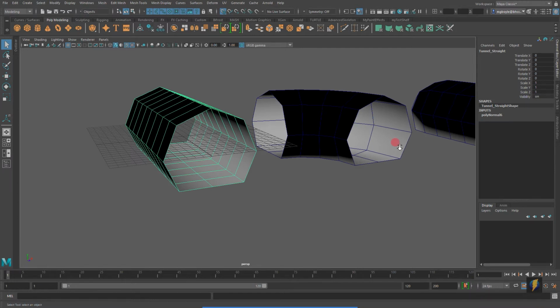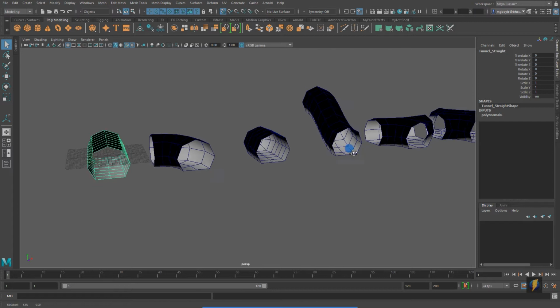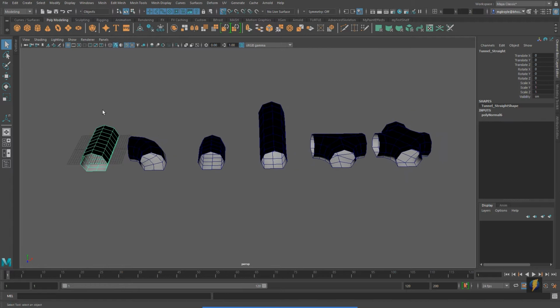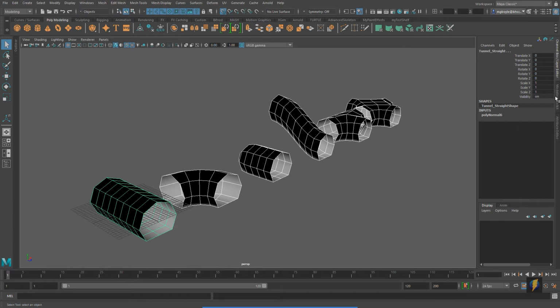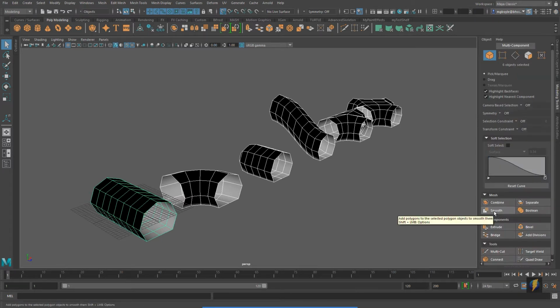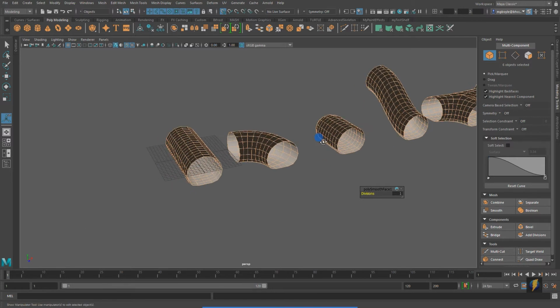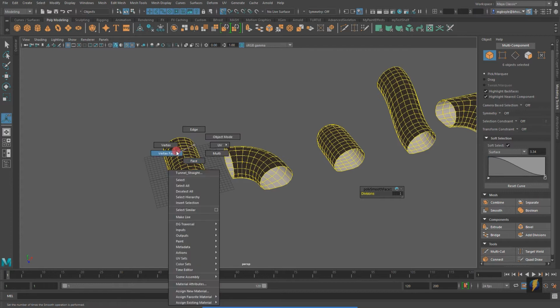Now I'm going to be using these segments to create a cave system, and I think to make it look a little bit more like a cave system, it'll be perhaps better to make it look a little less regular. So to give myself a little bit more geometry to work with, the first thing I'm going to do is do a mesh smooth on these. This will give me a little bit more geometry to work with, a little higher resolution. And then I'm simply going to use my soft select tool to create some